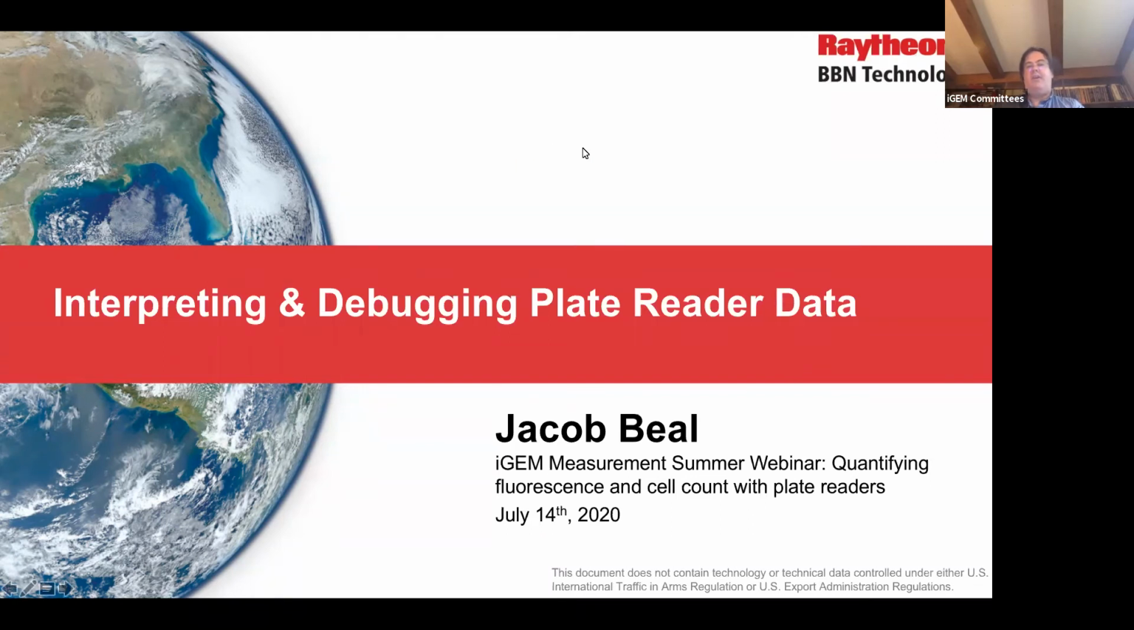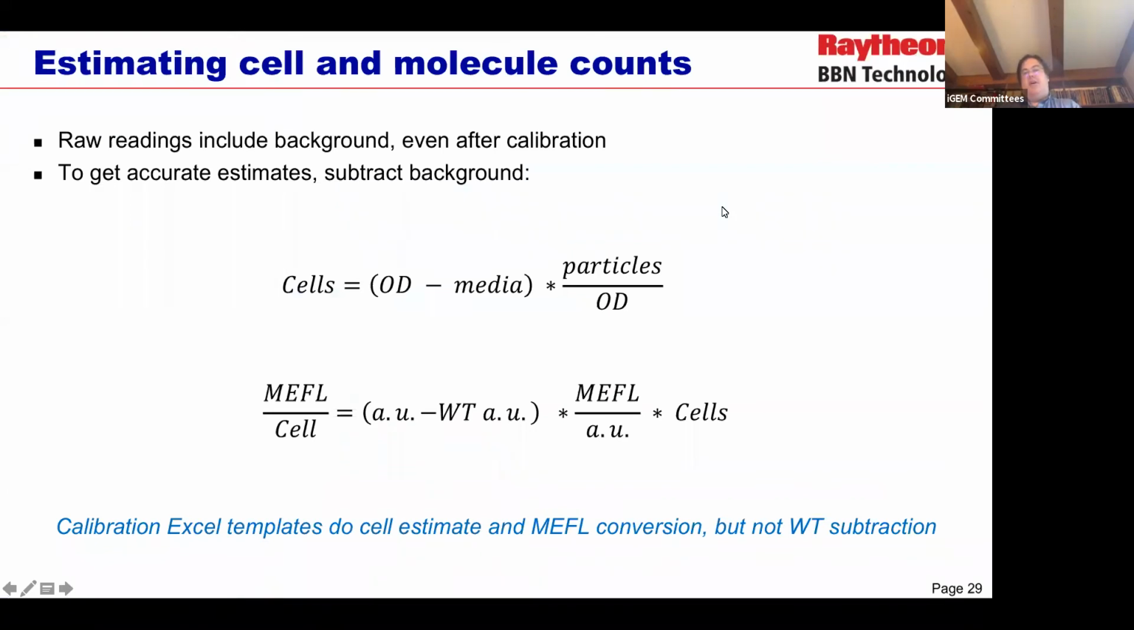All right, I'm going to move on to the last bit. So let's talk about, now that we've calibrated some plate reader data, how can we use the fact that we calibrated it to help interpret what we're seeing? I'm going to start by saying what we've gotten out of the calibration is not quite what we want. What we've gotten out of calibration is an equivalent number of molecules of fluorescence and an equivalent number of cells